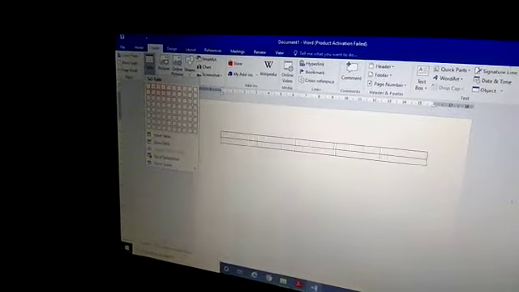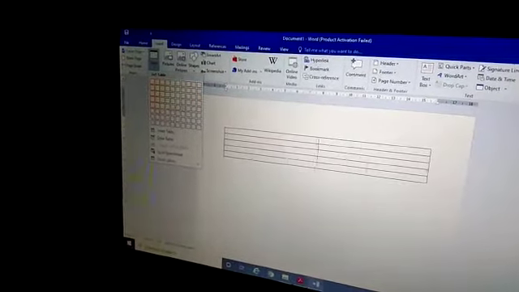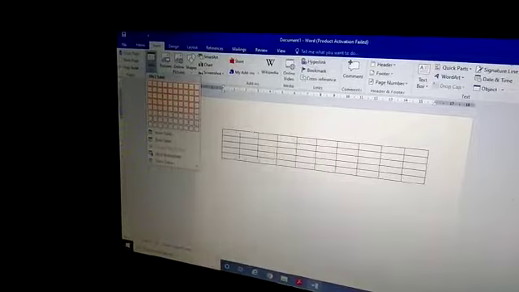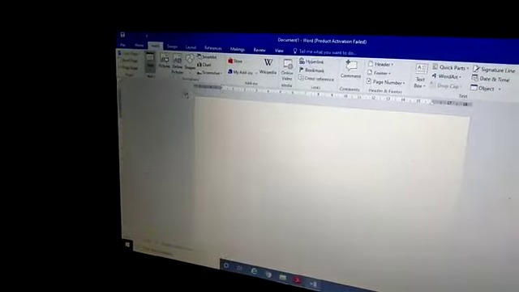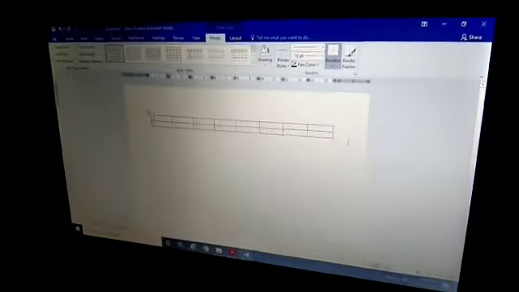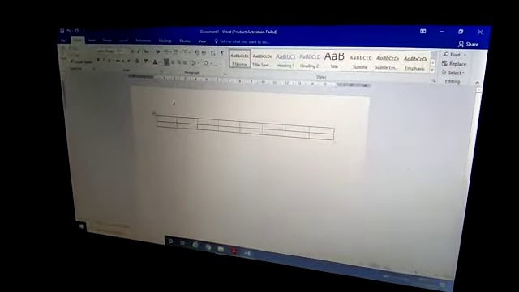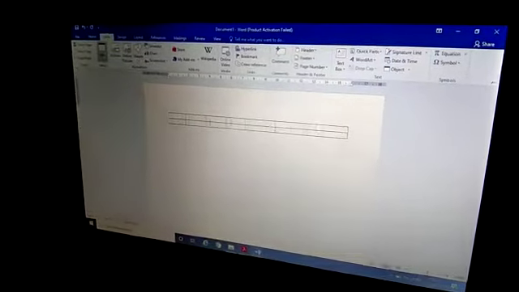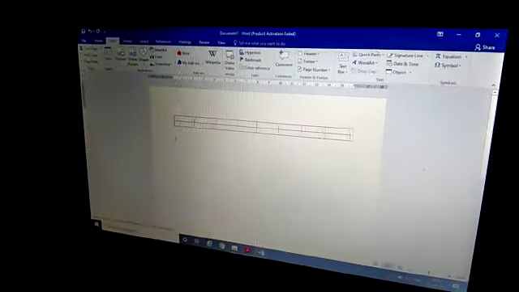First, there are several ready-made columns and rows. You can choose how many columns and rows you want, and the table will be inserted. Yes, this is the first option. Press enter. I will go to the next option, that is draw table. Click on this and